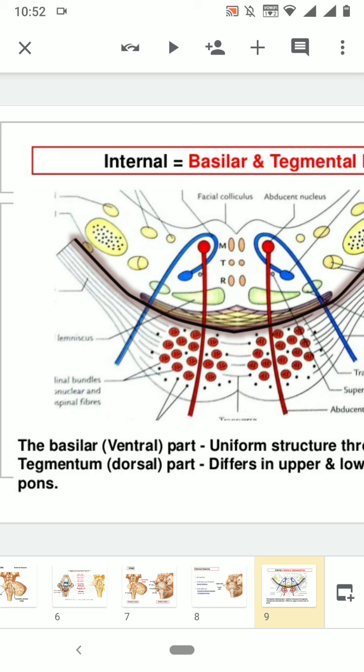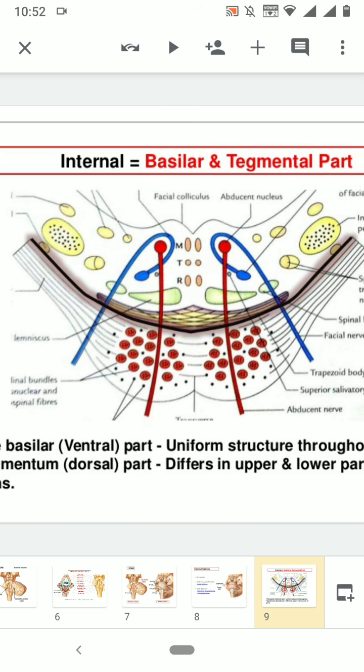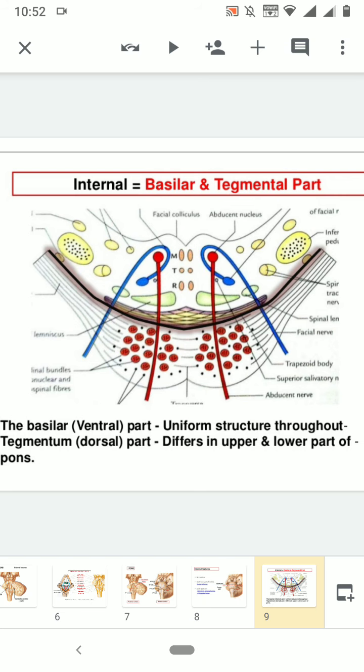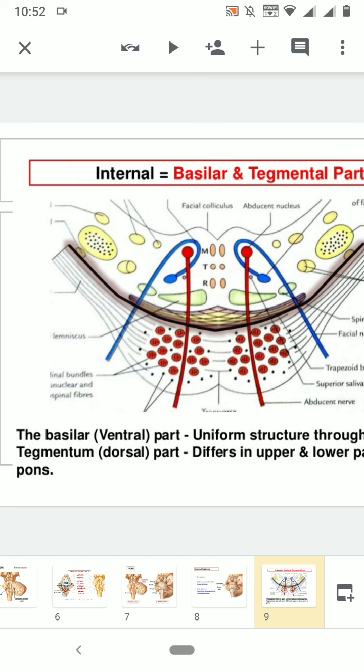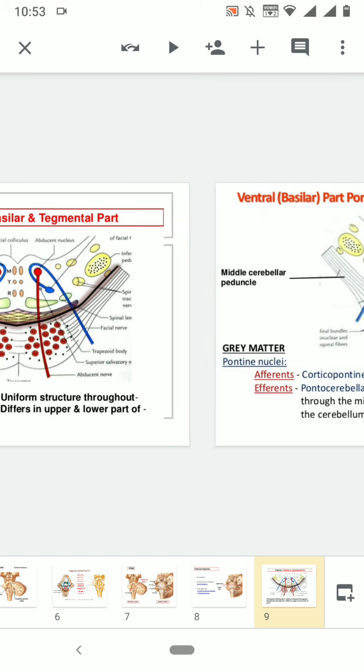We can also see some black lines which are continuous laterally and they continue with the middle cerebellar peduncle. Those are nothing but the fibers, and there are some fibers which are crossing over from one side to the other. They are transverse fibers, and you also have some longitudinal fibers which are bundles, the red colored bundles, which will go past longitudinally. So these are the contents of the basilar part. Mainly it consists of longitudinal fibers which pass longitudinally, you have transverse fibers which cross from one side to the other, and you also have some nuclei which are called the pontine nuclei. So we'll come to the fibers.